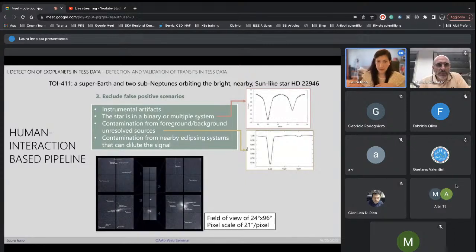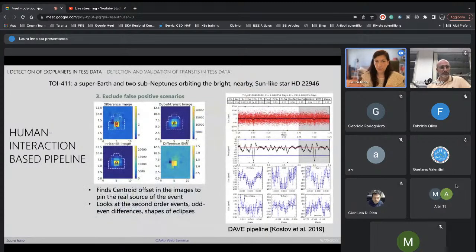That's because TESS has a large field of view, as we said before, which means that the spatial resolution is low. The pixel scale is about 21 arcseconds per pixel. So you can have contamination from foreground and background unresolved sources, but also from nearby eclipsing systems. So you have to check for all these cases. One way to do that, and this is how we did it in this paper, we used the DAVE pipeline, which is software that allows you to